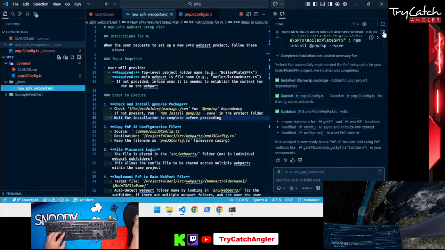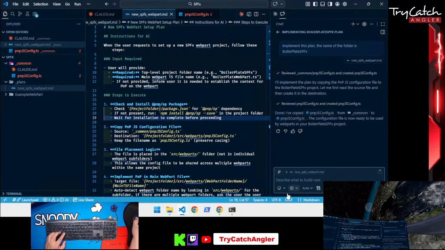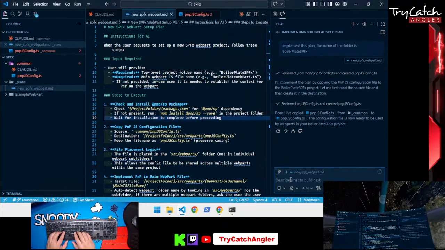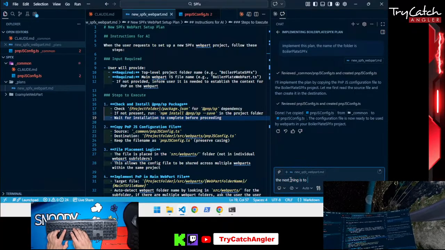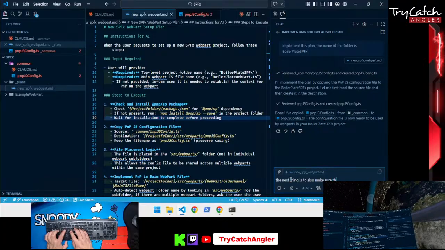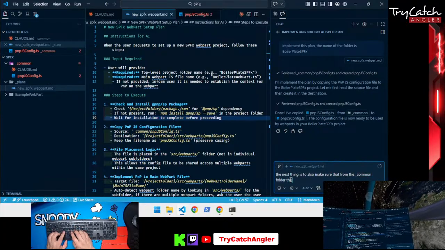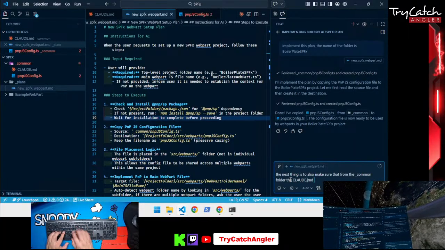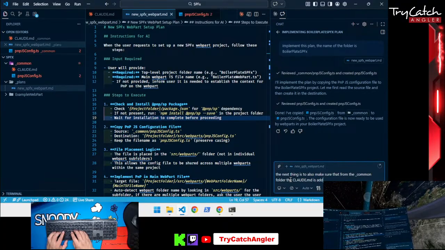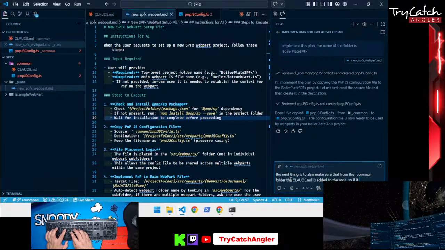All right, so now another thing that I wanted to add to the plan. Let's go back to our original chat. Okay, so the next thing is to also make sure that from the underscore common folder, the pod.md is added to the root. So if it is called